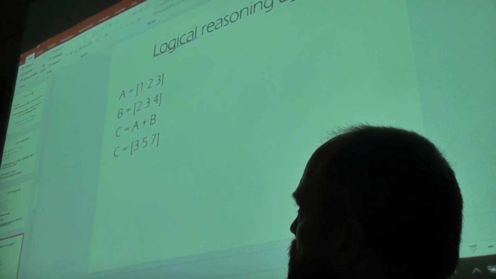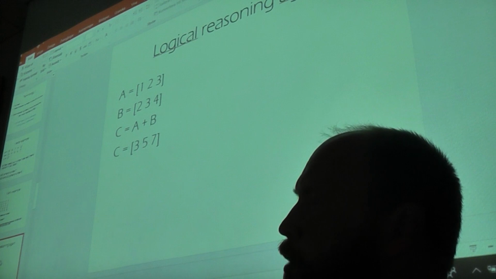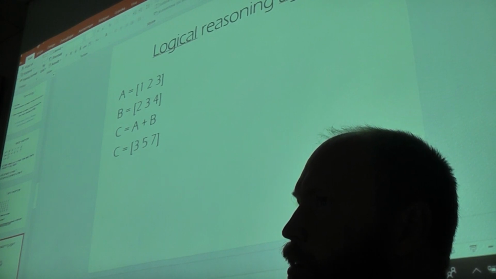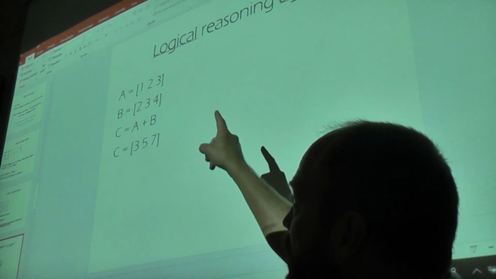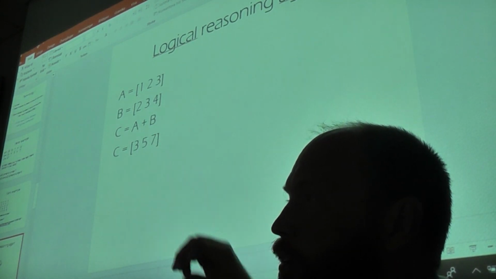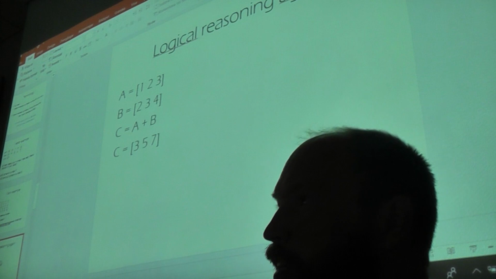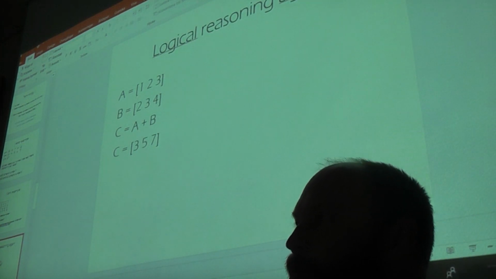And this is a matrix or vector that you're adding. Just because they have the same size, MATLAB can just add them together.